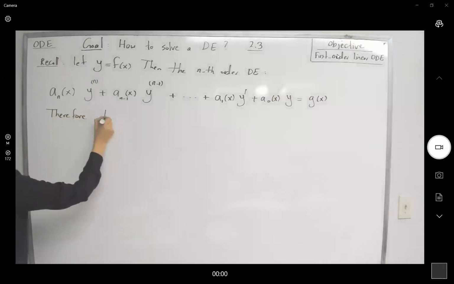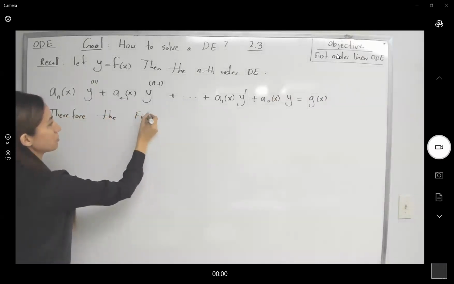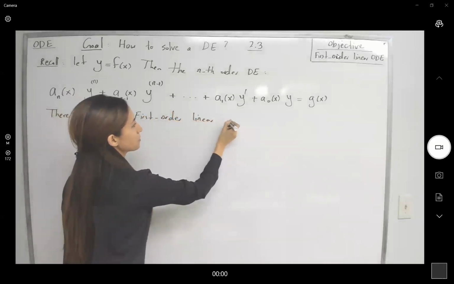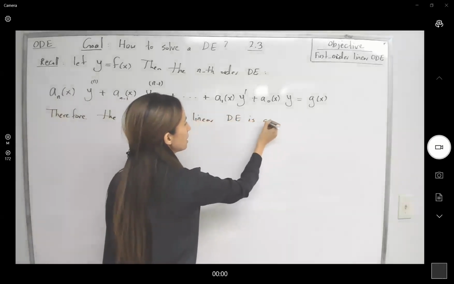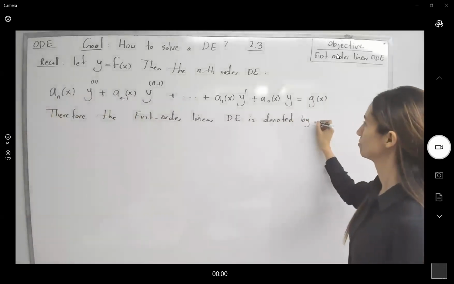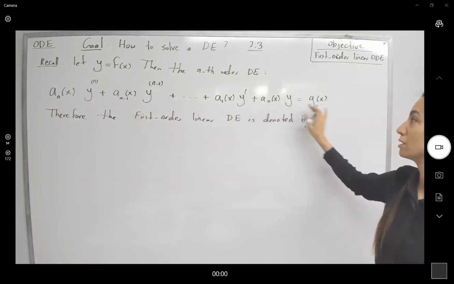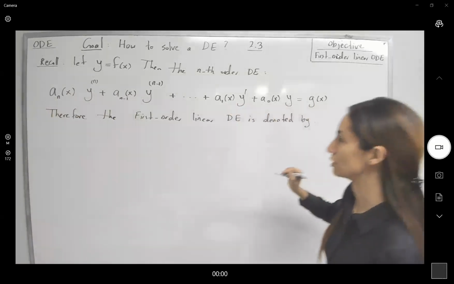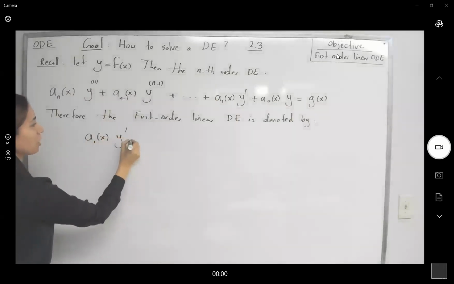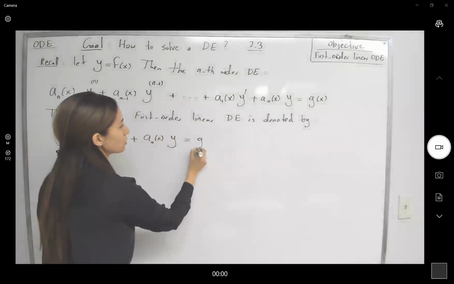Therefore, the first order linear differential equation is denoted by, very well, so you're going to only see these three terms here. So you're going to have a sub 1 of x y prime plus a sub 0 of x y equals g